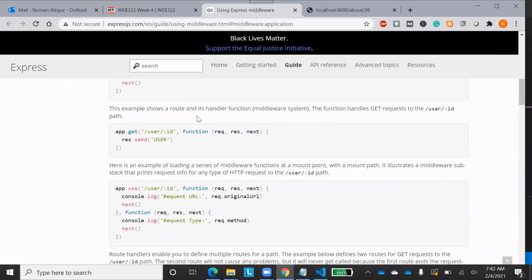So this example shows a route and its handler function, the middleware system. The function handles get requests to the user/:id path. So if you see here,